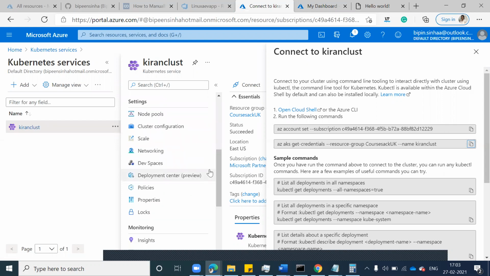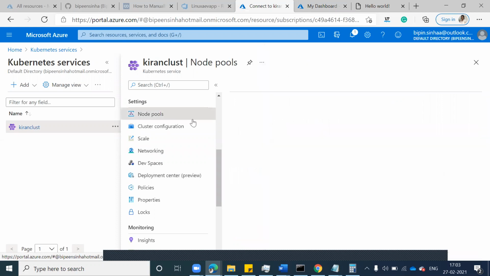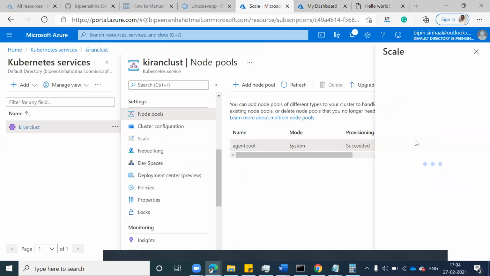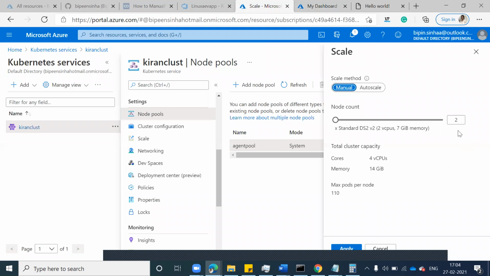Click node pool. Just select that node pool and say scale. You have a scale option on the top right. So for example, now I want 3 nodes. Just click 3 and say apply.